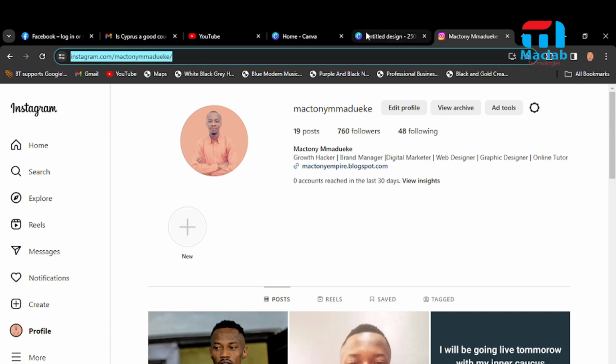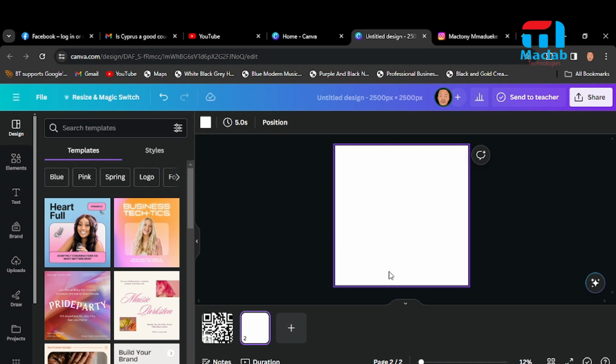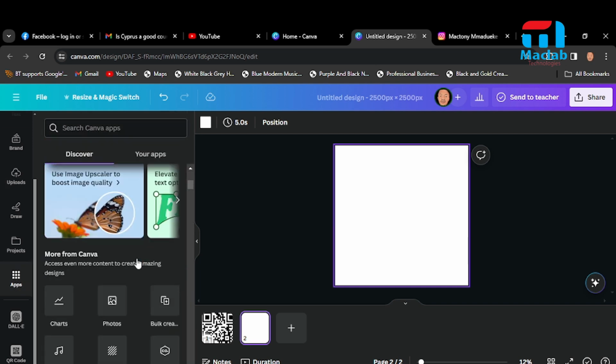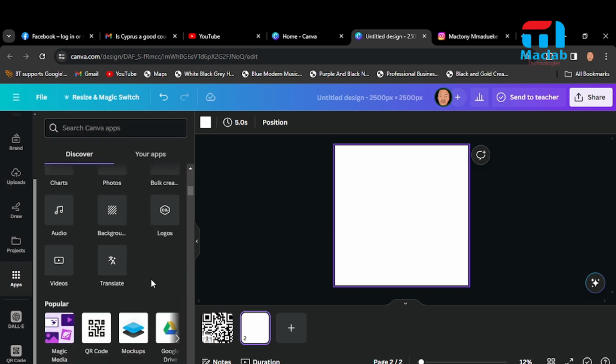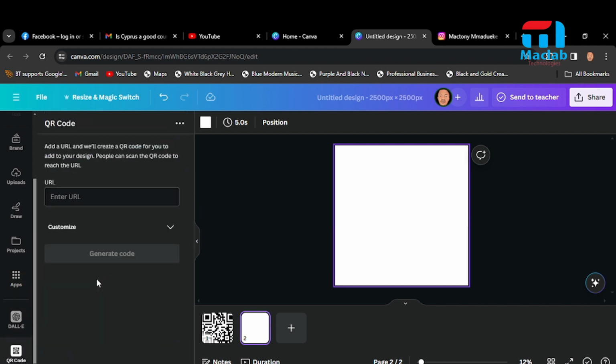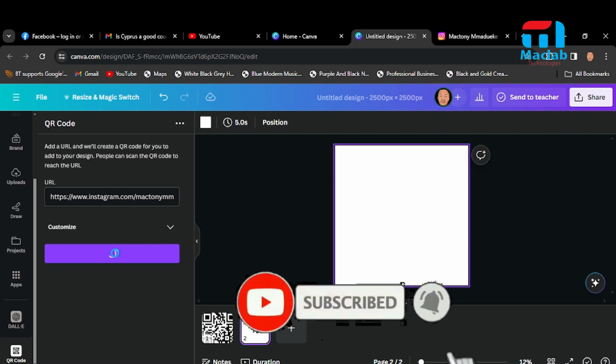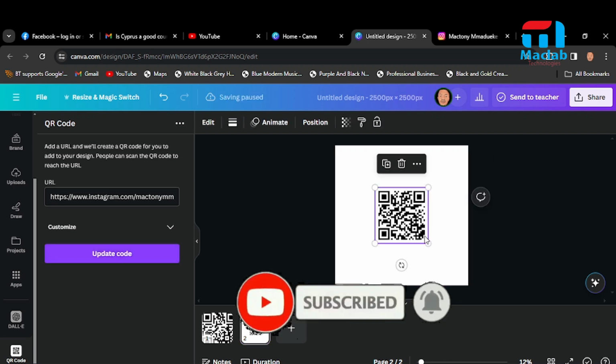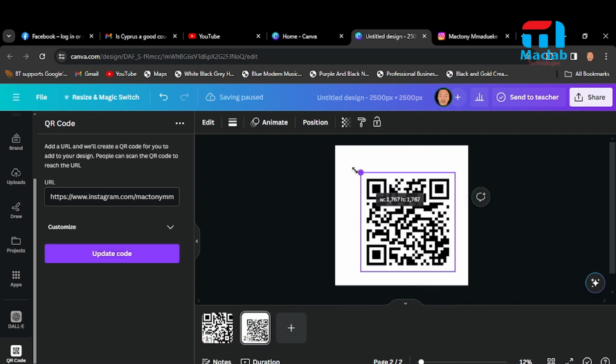I'm going to go back to Fiverr. I'm going to create a canvas. Then go down to this menu, click on apps and select QR code. Alright, so I'm going to paste the link and click on generate, and automatically it has generated a QR code